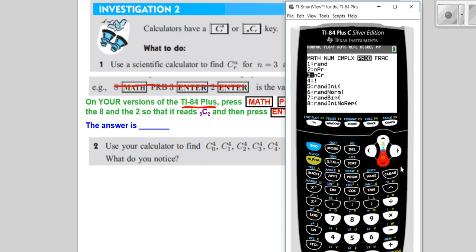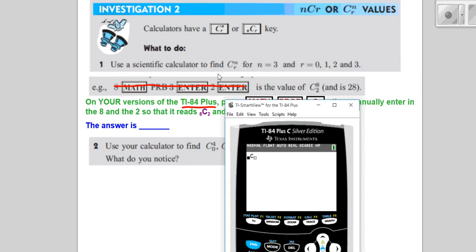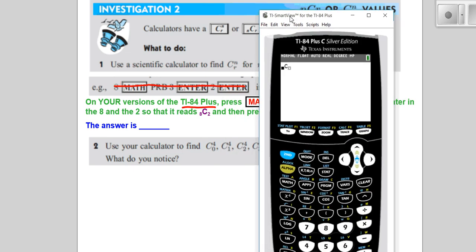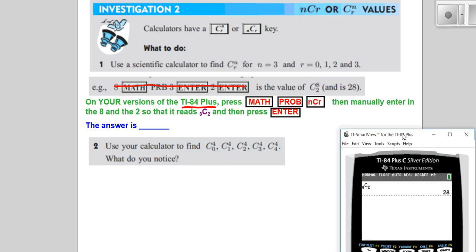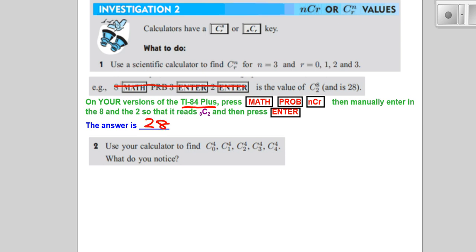And the great thing is, it allows you to put in the numbers here. They want us to put in n is 8, according to this one. n is 8, and r is 2, according to this question. So we just plug in 8 there, and we arrow across to 2 here, and enter. 28. So it's just confirming that we know what to do. So you might want to write down those instructions. It already told us that the answer is 28, but I thought let's just write it in as well. The answer is 28. So what it's asking you to do now is use your calculator, find out versions of